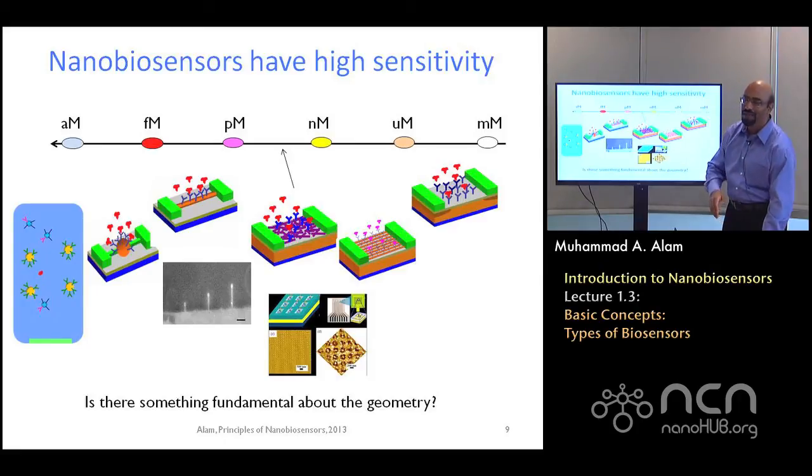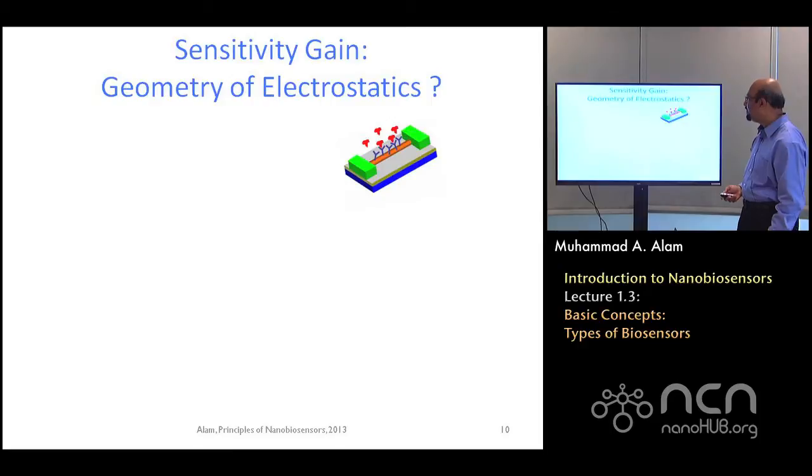When you have a big object, only a few molecules are on the surface. Most of the molecules are inside. Volume is big. When you make things nanoscale, most of the molecules could be on the surface, and in the volume you have relatively fewer. So both surface and volume are decreasing, but volume is decreasing faster. And therefore, you could conclude that that makes nanoscale sensors more sensitive. Not really. Let me explain why.